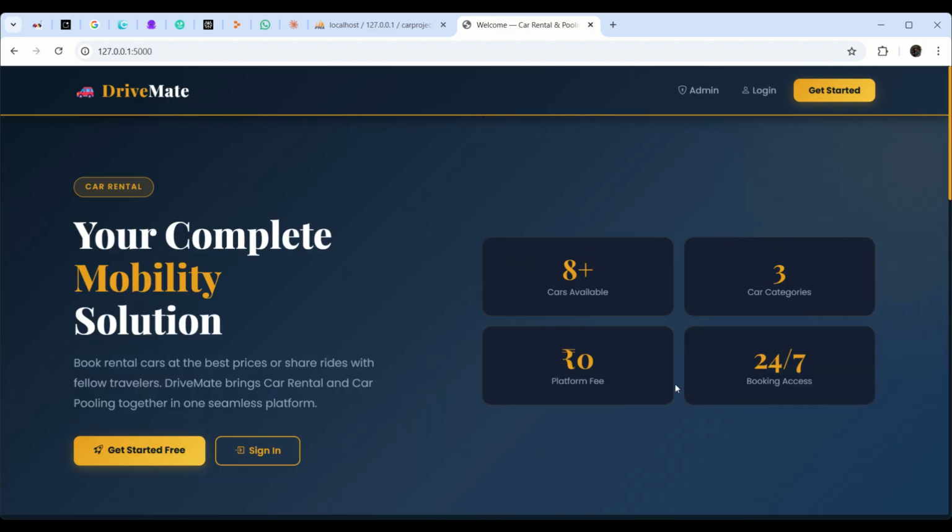So here we have two main things. One is user and the other is admin. Admin can add cars and add carpoolings, as well as see the graphical view of how many cars are booked, all those things they can see. Welcome, let's start with